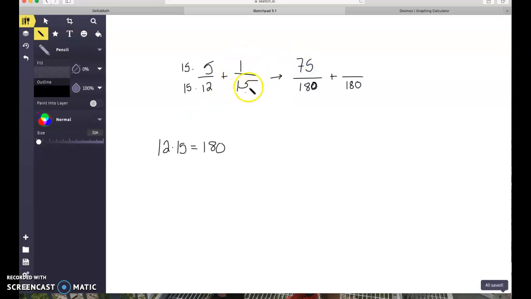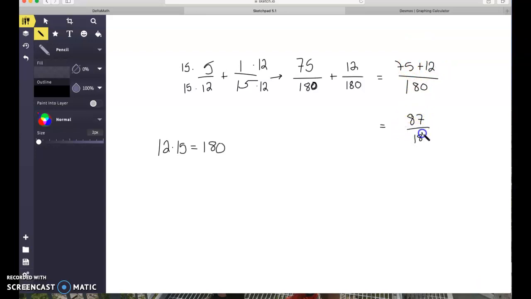And then I'm going to do the same thing with my second fraction, except I'm multiplying that 15 by 12. And if I do it to the denominator, I have to also do it to the numerator, so that I'm technically multiplying by 1, right? And 1 times 12 is 12. So now I have a common denominator. I can just add my numerators. So that gives me 75 plus 12 over 180. And 75 plus 12 gives me 87